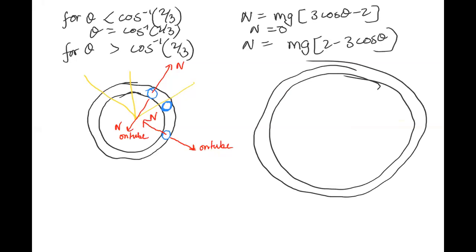So let's say that this is cosine inverse 2/3. यहाँ पे है स्फीयर। अब स्फीयर के ऊपर नॉर्मल रिएक्शन किधर है और ट्यूब के ऊपर नॉर्मल रिएक्शन किधर है? स्फीयर के ऊपर नॉर्मल रिएक्शन ऐसे होगा, ट्यूब के ऊपर नॉर्मल रिएक्शन ऐसे होगा।